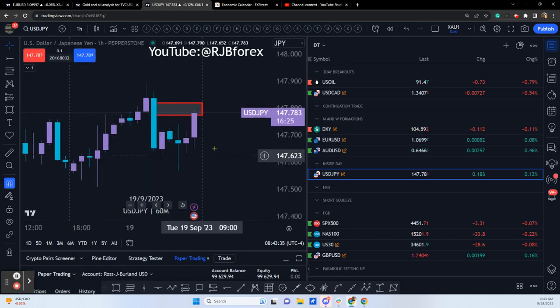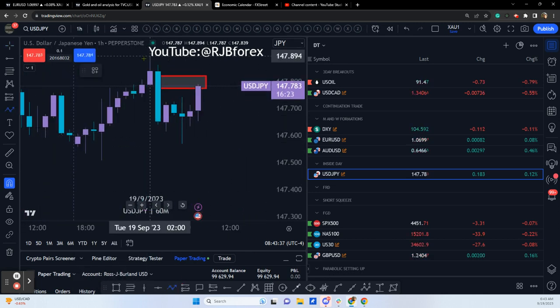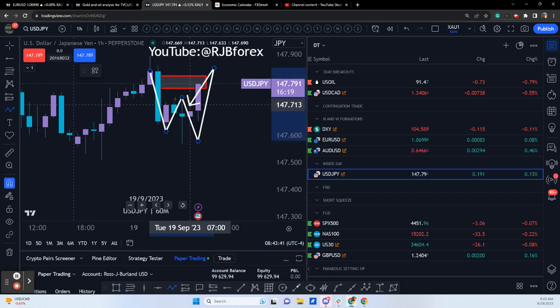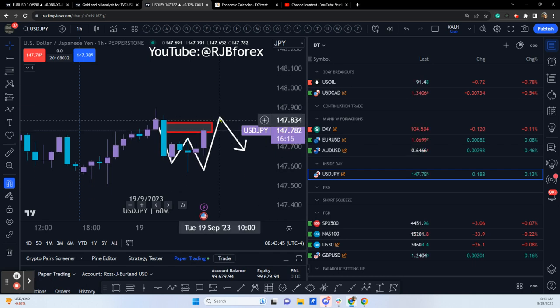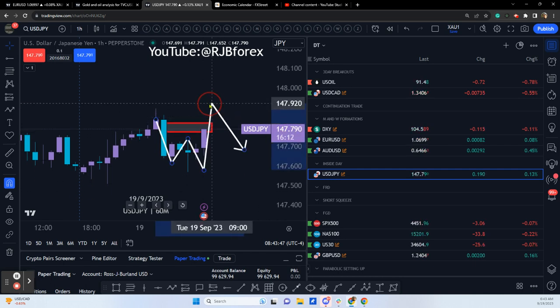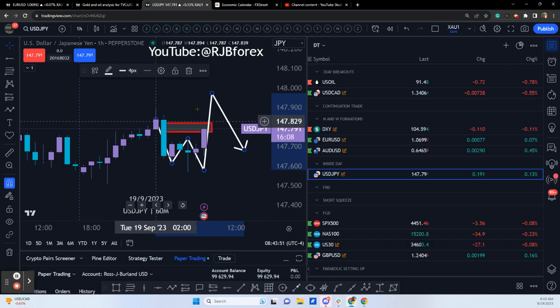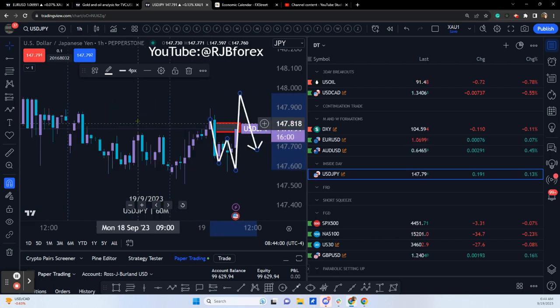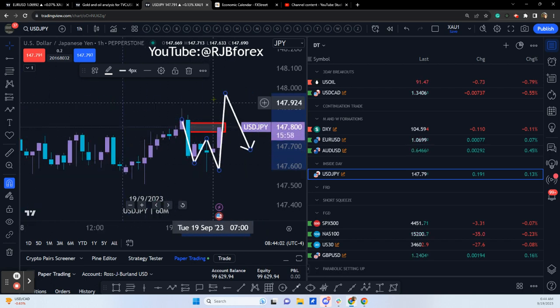We've got a W formation being printed, which is bearish, in the sense that it can pull back into the neckline. So it sort of acts like a magnet, gravity. So just be wary of that. We can break resistance, but I'd be looking for the pullback given the W formation. It is a bottoming pattern, don't get me wrong, so it can come up, pull back, and then continue higher.